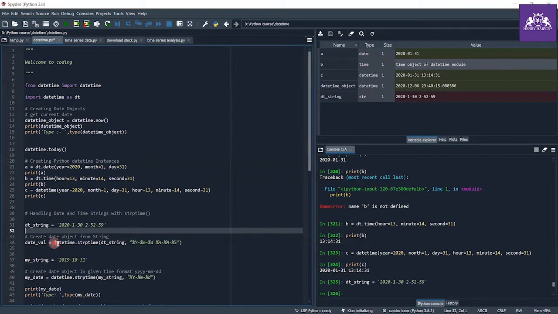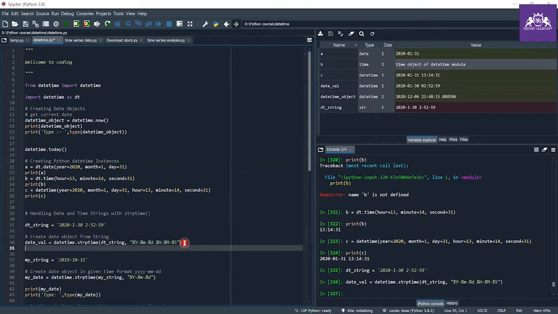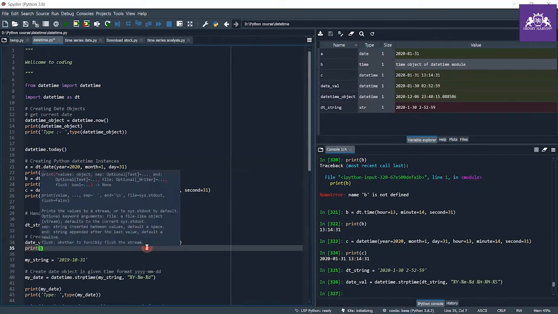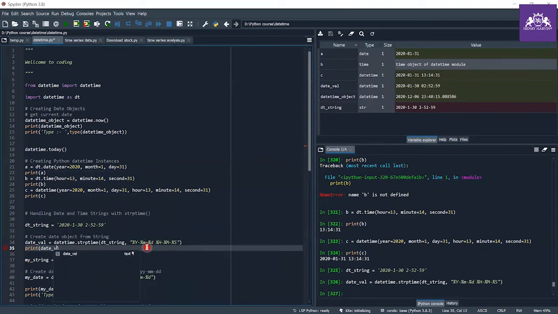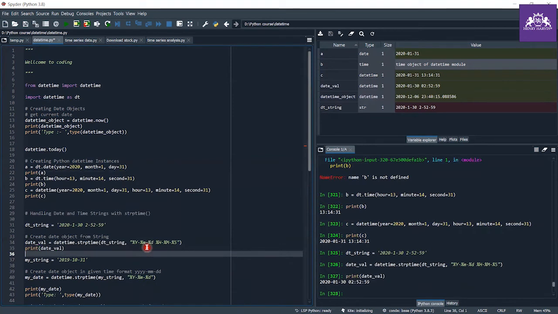So we use datetime.strptime, and we pass our string, and we pass the format, like what is the format of the date in that string. So when we execute this and print date_value, you can see that we get our date and time.